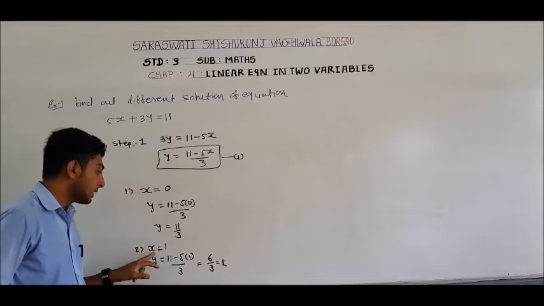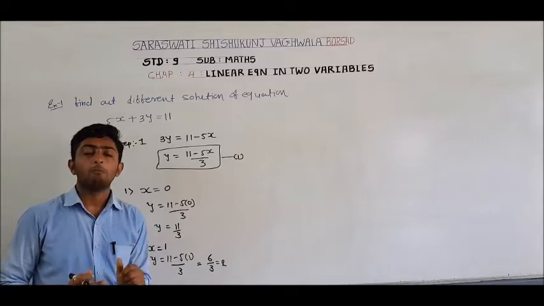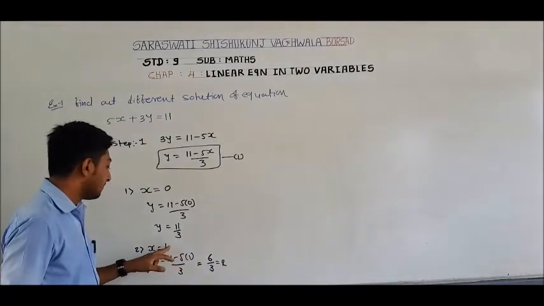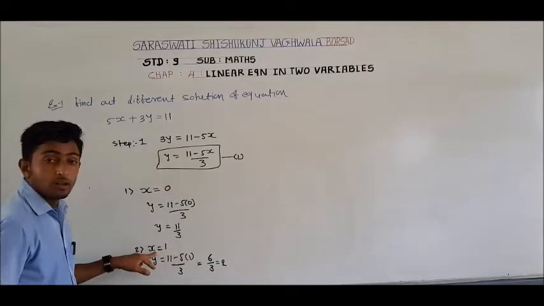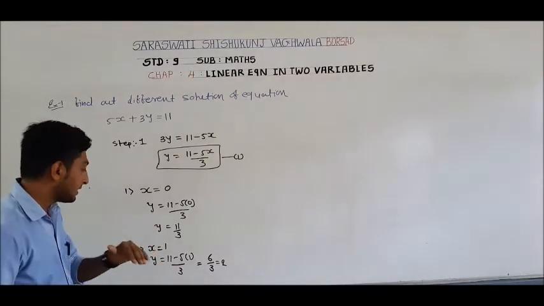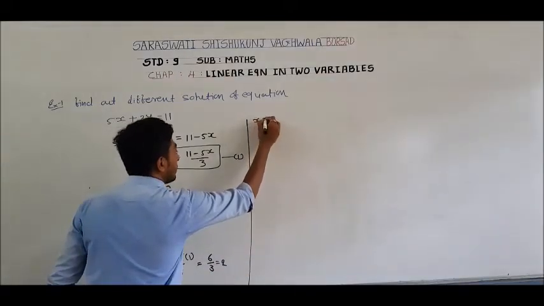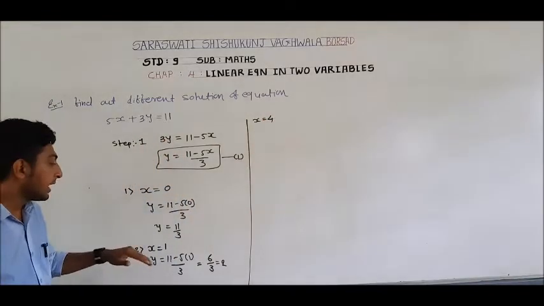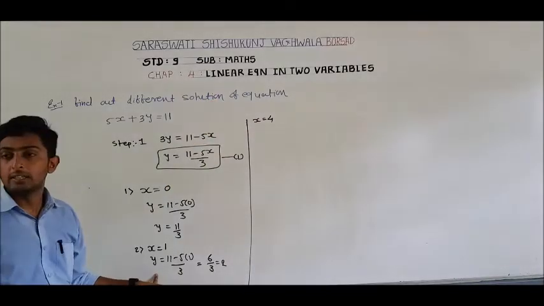See, if I take x equal to 1, then I get y equal to 2, an integer. Now I want another value as an integer. So what can I do? I simply add the denominator to the last taken value, x equal to 1. So if I want the next integer, what is the next value I have to take? x equal to 1 plus 3, that is 4. You have to take the value of x equal to 4, then you will get y as an integer.